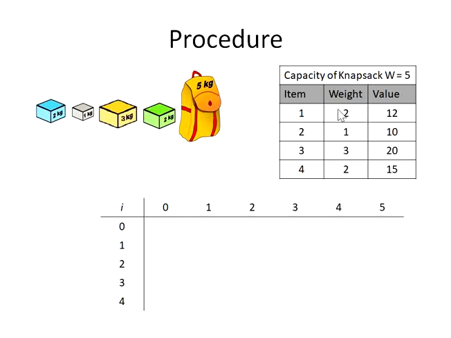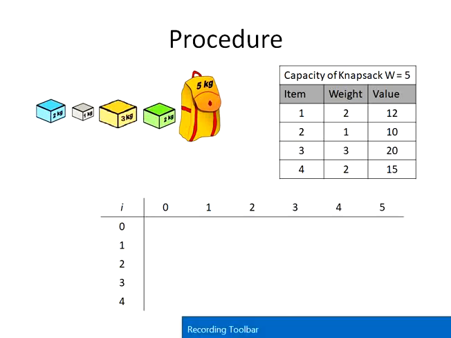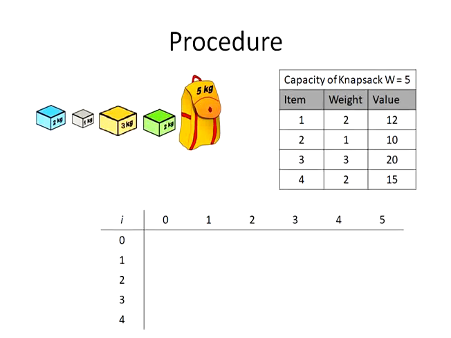The weight of 2 kg is going to yield us the profit of 12, 1 kg is going to yield the profit 10, 3 kg is going to yield the profit 20, 2 kg is going to yield the profit 15. We are following dynamic programming, hence we have to make the tabulation. So here I have made the tabulation. So how is this tabulation made?